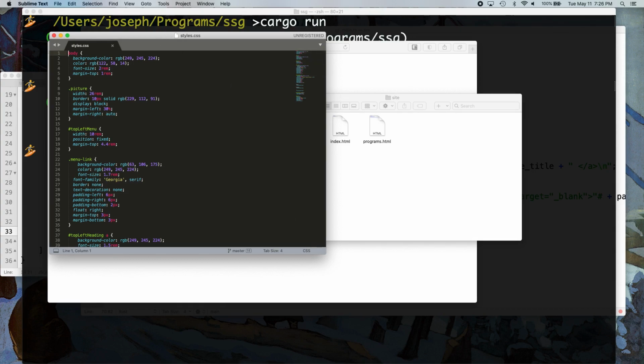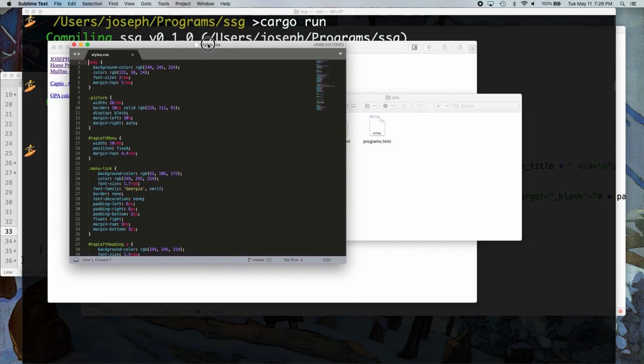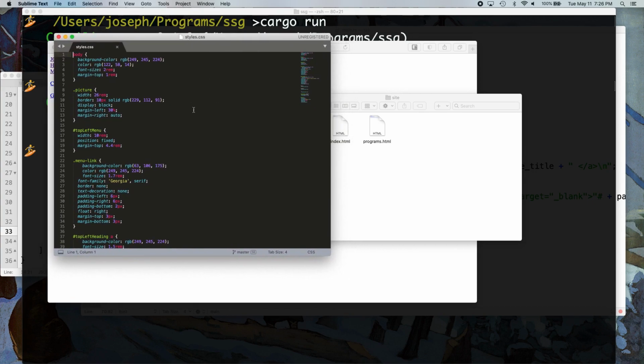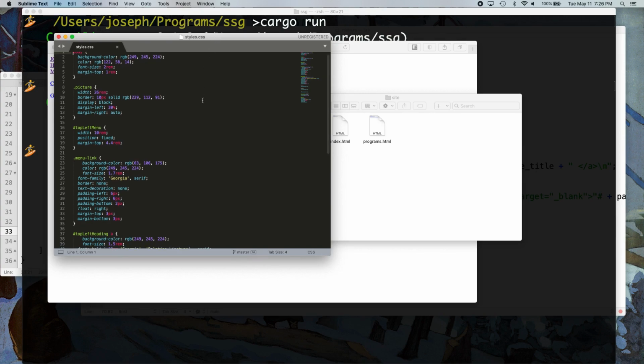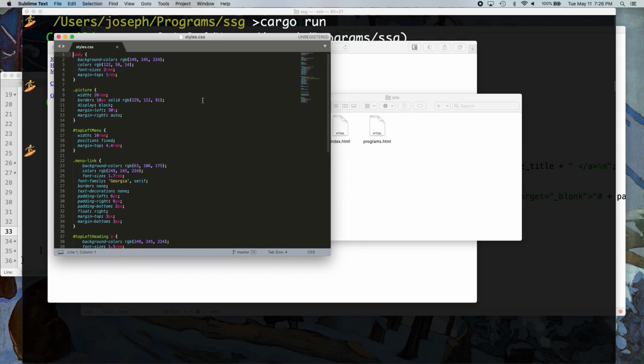VS Code I like it a lot, but it's so slow on this old computer, and Sublime Text is just so blazing fast. It's amazing. And I've tried a lot of text editors, just specifically looking for speed in opening. I just want my files to open fast. That's what I want. And I don't want to bother putting an SSD drive in this old MacBook that I'm going to get rid of in a couple months. So anyway,